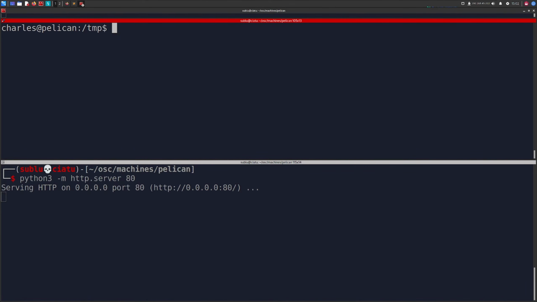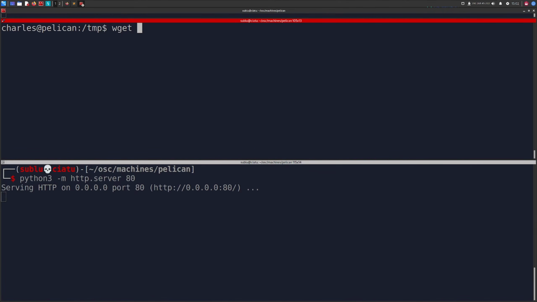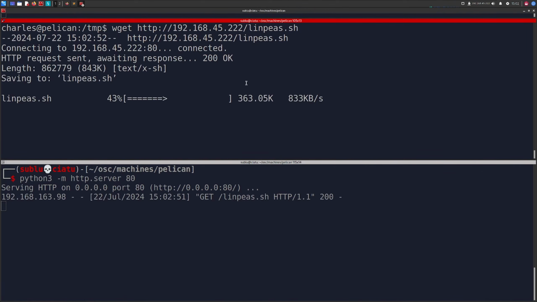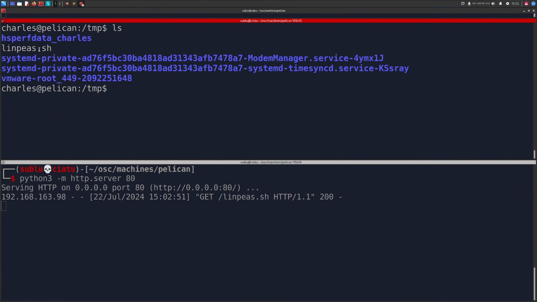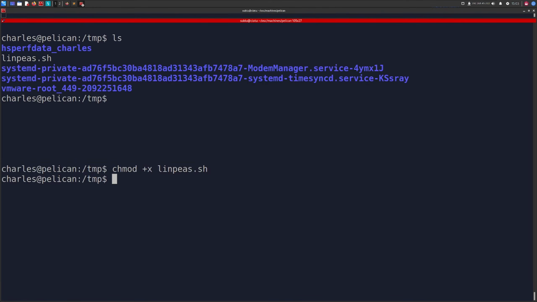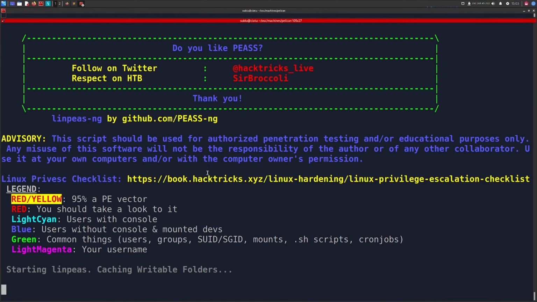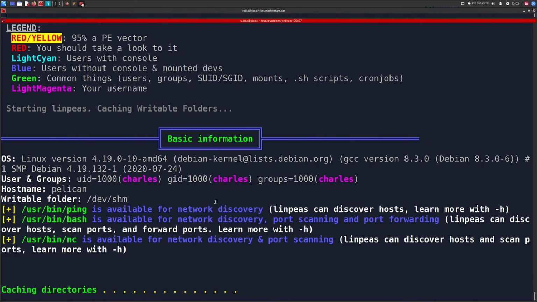Okay, let's see, do we have wget? Yeah, we do. Cool. So let's do wget http and then our IP address and linpeas.sh like that. There we go. We have linpeas, and we can just do chmod +x on linpeas and go ahead and run it. This might take a little bit of time, although this is going to find all the possible privilege